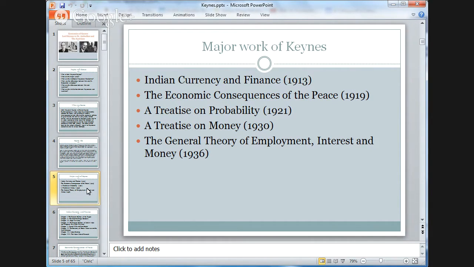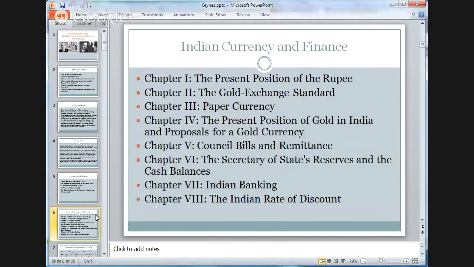The Treatise on Probability and the Treatise on Money are where most of his thoughts actually go into The General Theory of Employment, Interest, and Money in 1936, which is his magnum opus, the most important book of Keynes. Now, coming back to the first book, Indian Currency and Finance, it has 8 chapters,